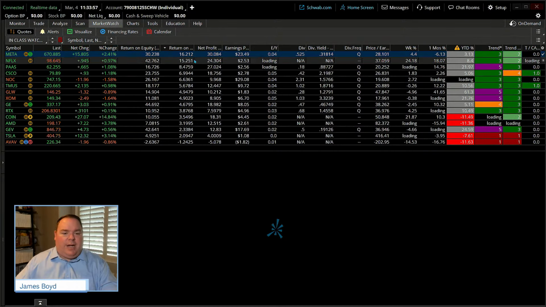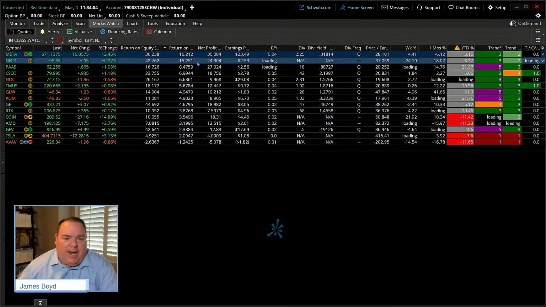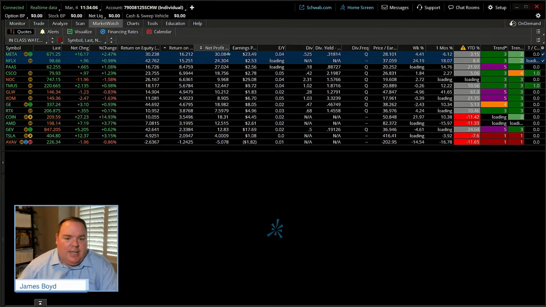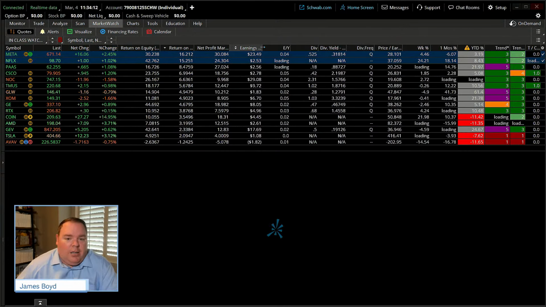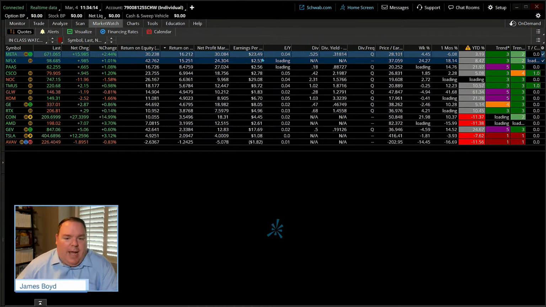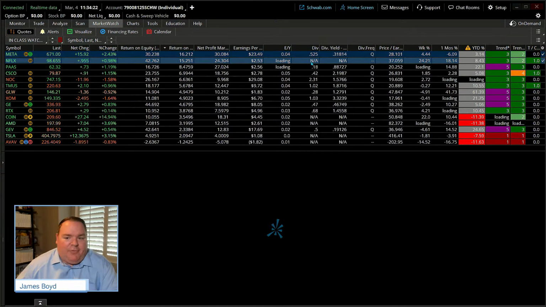Now if I want to take a look at Netflix, Control-spacebar. Now, when you look at the fundamentals, it also kind of tells us something about the net profit margins. Those are some pretty healthy margins, 24, 30%. Earnings per share, okay, you got 23 on Meta, 253 actually on Netflix. We see that Meta does pay a dividend, no on Netflix.